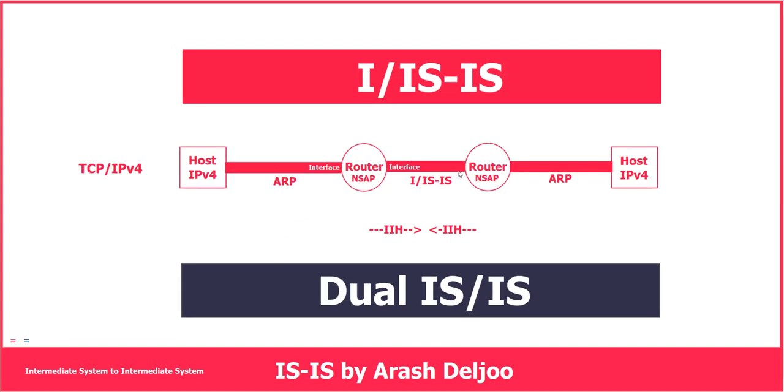Look at this picture. In this picture, you can see how we can use Integrated IS-IS, or I-IS-IS, or Dual IS-IS. Look here. This is a TCP/IP network, and in this TCP/IP network, we want to use